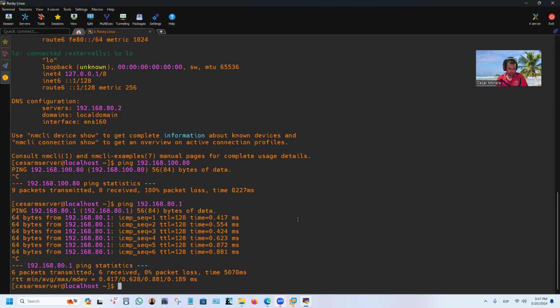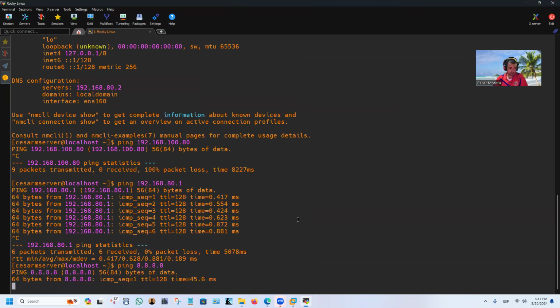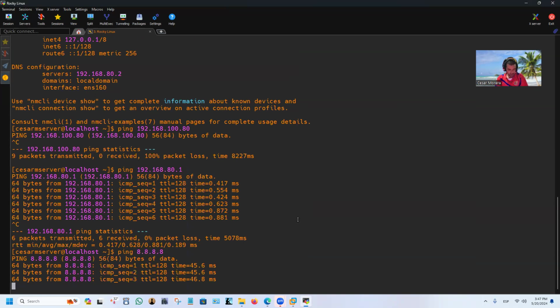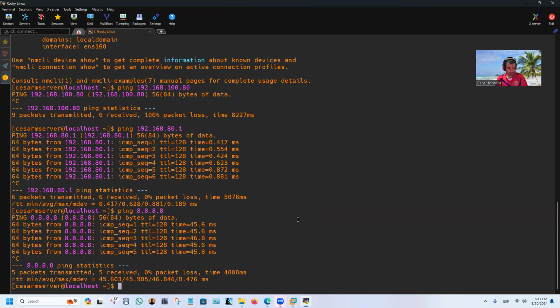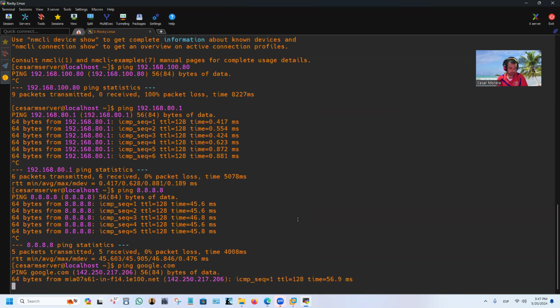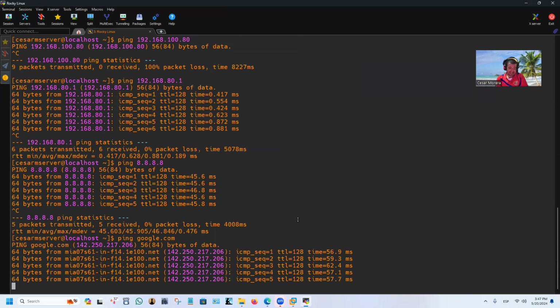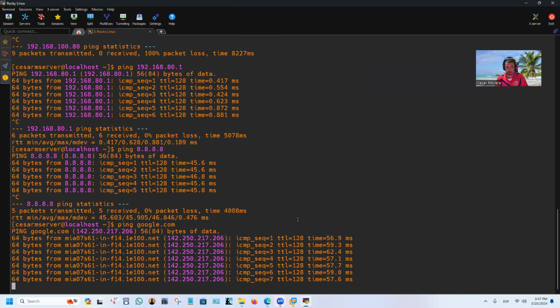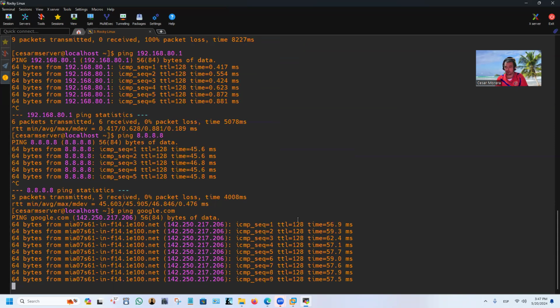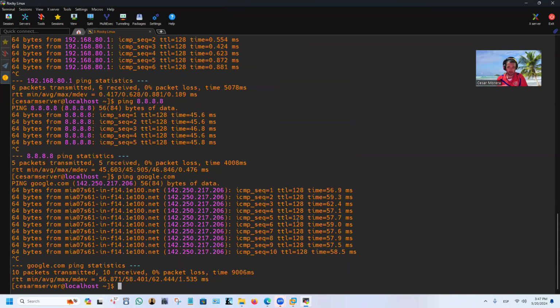So if we want to test connectivity, we can send to the 8.8.8.8, which is the Google IP address. We're going to send a ping test to Google as well. Google.com. There you go. And another important command is the traceroute. It will tell us all the jumps, all the hops that we have from a source to a destination. So if we type, for example,